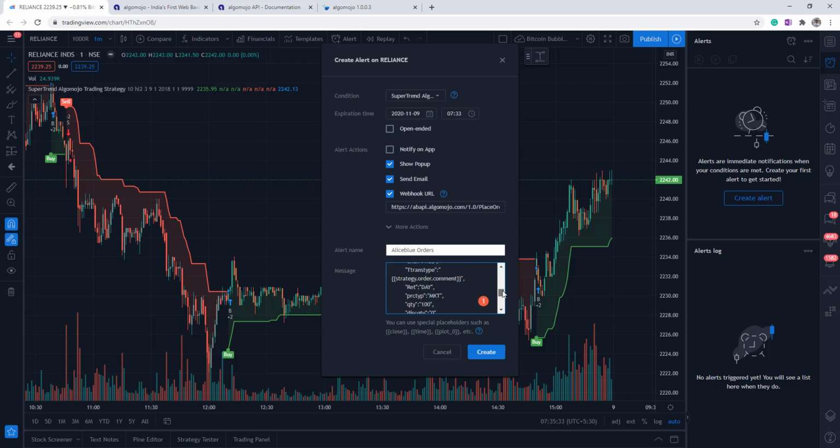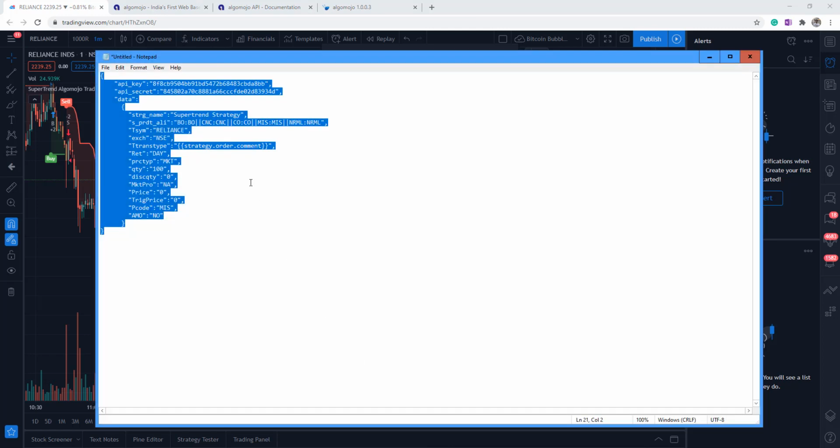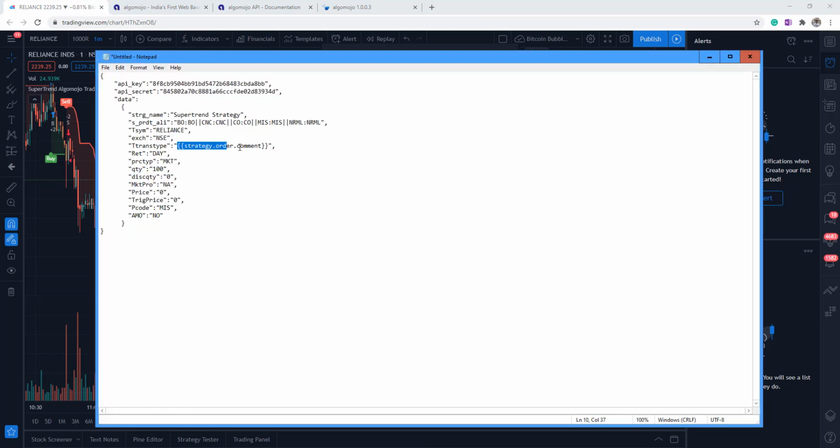Now you could see under this one important thing you need to learn over here. Here is a strategy.order.comment. Earlier it was just a buy there, which I replaced with strategy.order.comment. What does this do is that it is called as a placeholder in TradingView.